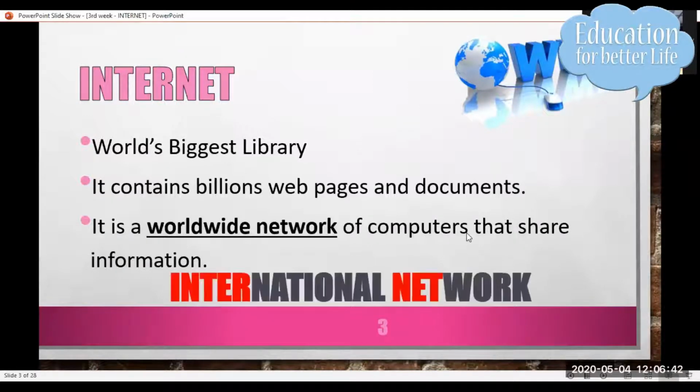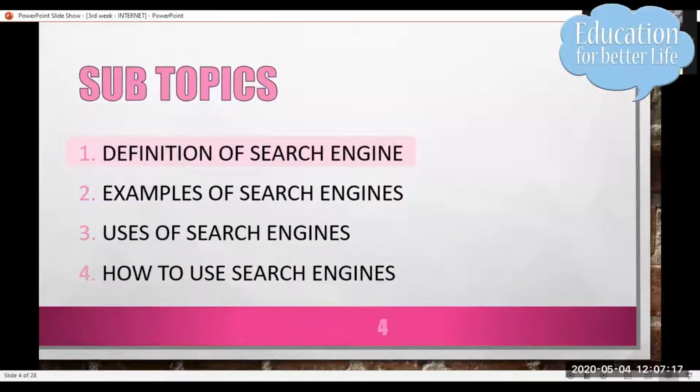And if you think about the internet, how did it come from different words? As you see here, inter and net, it comes from international and network, okay? International and network, and also it is an exam question. When you enter the exam, in some places, for example, in our schools or any certificate exams, you can find this information. Okay, today guys, after this simple information, you will learn these subtopics.